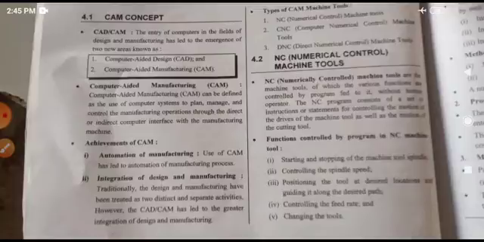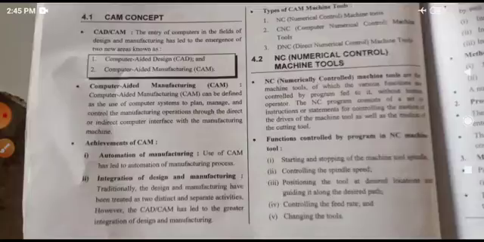What are we going to study in this CAM chapter? Different types of components and the concept of numerical control or CNC, what is DNC, CNC machine type classification, working, construction features, advantages, disadvantages, elements of a CNC machine, then what is CNC tooling, what are CNC turning centers and CNC machining centers.